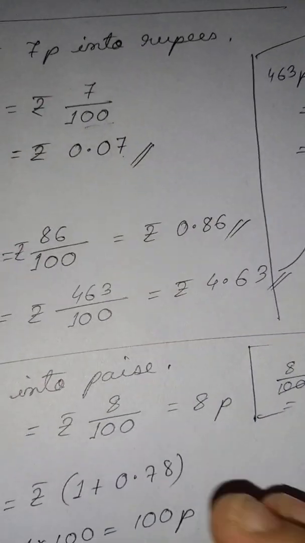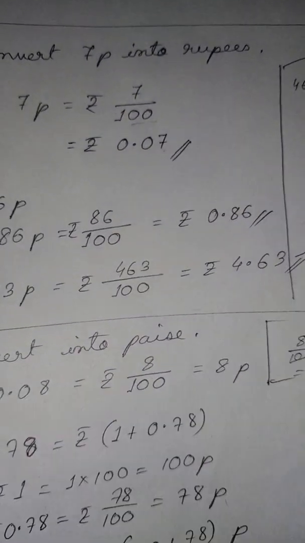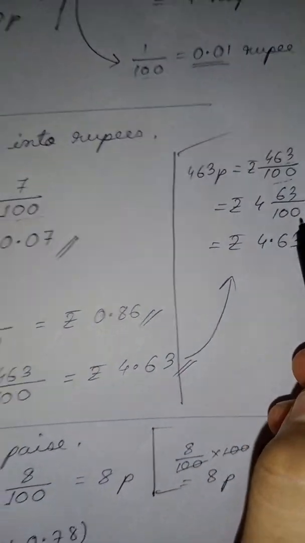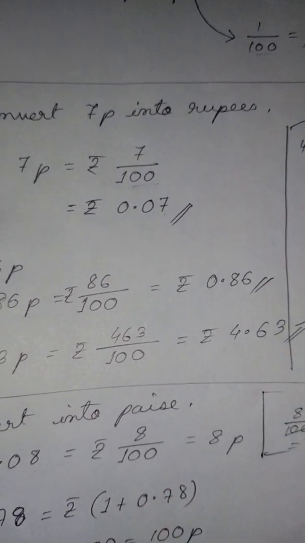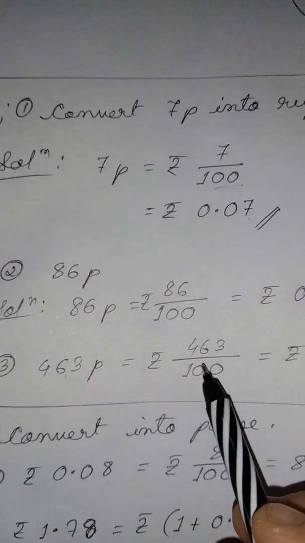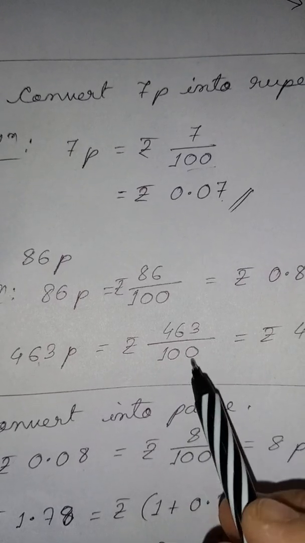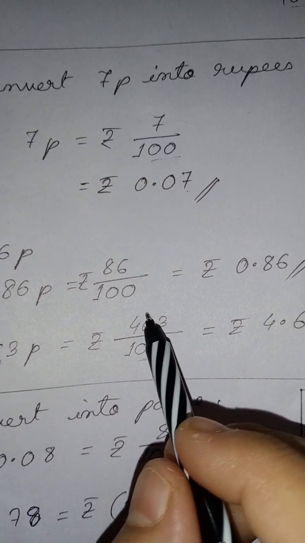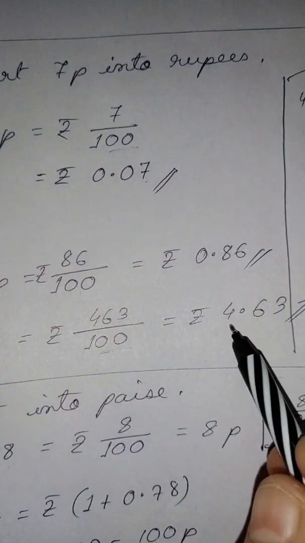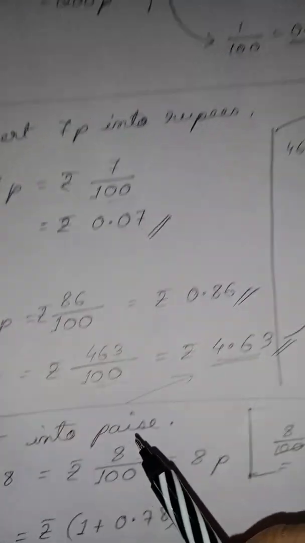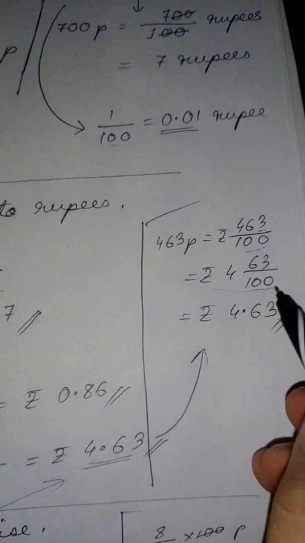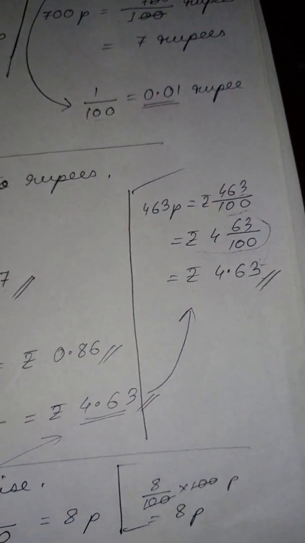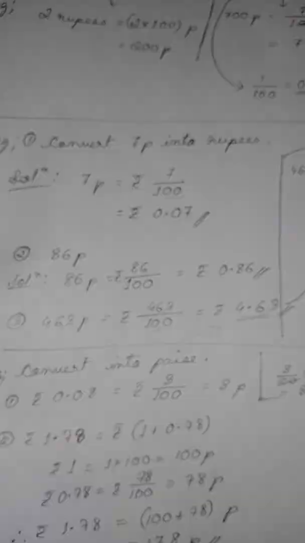Or directly you can do it like this also. You could do it in the previous exercise also directly, that when you are dividing by 10 or 100, instead of breaking the number like this, you can break it like this also. If you want to convert into decimal, then what you will do is 463 paisa, so 463 by 100, simply you take 2 zeros, see where it will come, 1 2, it will come here in between 4 and 6, so 4.63. So directly this answer also can be written without writing this step. Without writing this step also, directly you can come to this step, just count the zeros and accordingly put the decimal. So this is how you convert paisa into rupees.